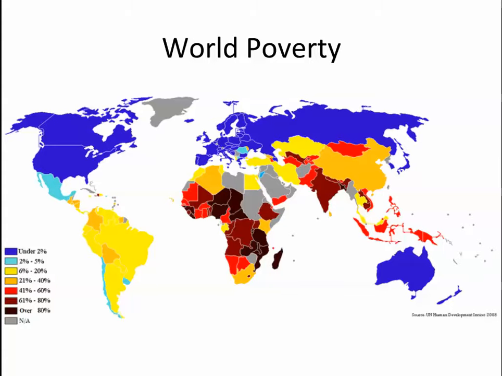And one of the important measures of that is what we call the $2 a day point. Poverty, generally speaking, in the world is viewed as those people that are in absolute poverty live on less than $2 a day per capita, per person. And what you'll notice is that throughout most of Europe, and throughout the Americas, you see that most of that, at least Latin America, Central America, into the United States,